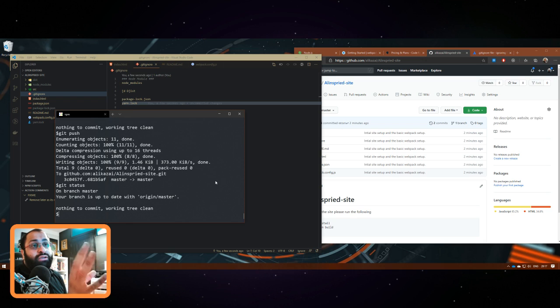But what we'll do is we won't use the master branch ever again. So I'll show you exactly how to create new branches and push your changes to the branches, and then merge them with the master branch. And we'll do two ways of doing this. Actually, we'll just do one way. We'll do it through the command prompt because I've already shown you through there, but we'll do the merges through